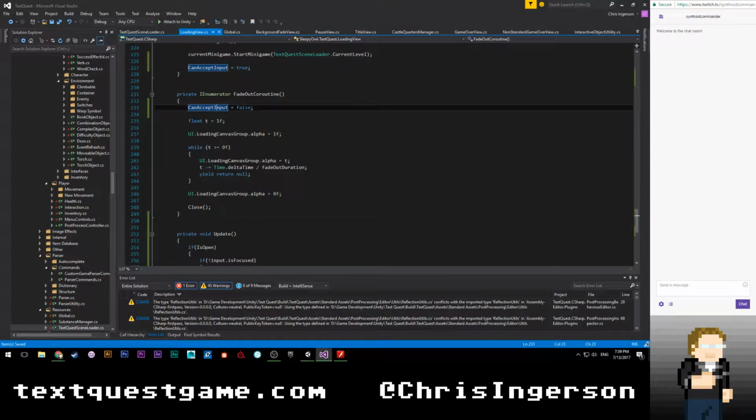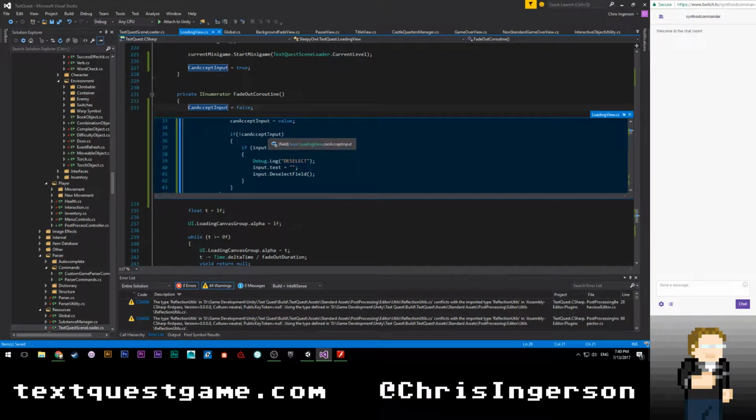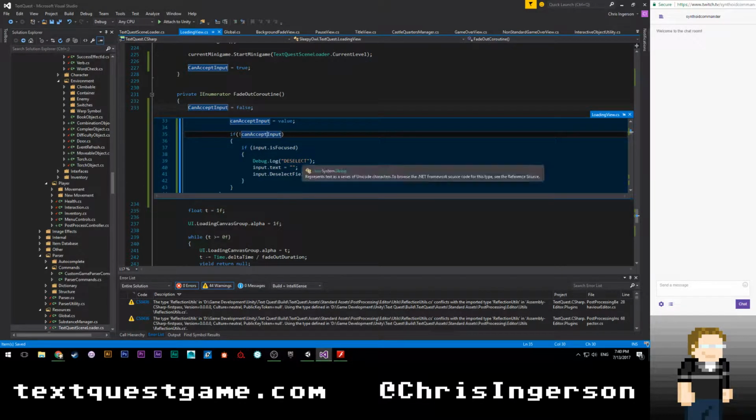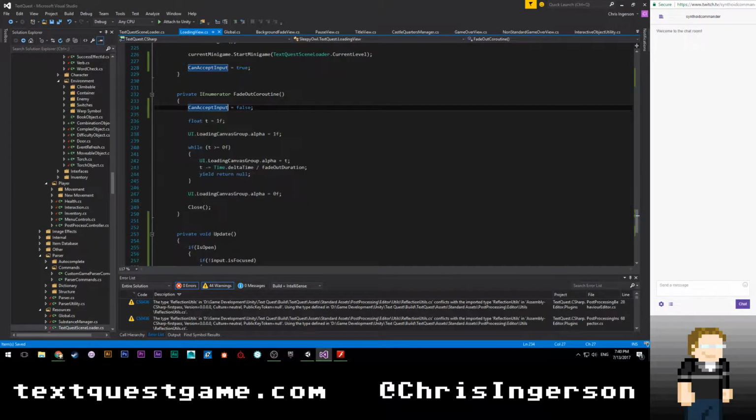Okay. Why didn't it happen? Let's peek this definition. If not, can accept input, which we've set to false. Oh, I bet the input isn't focused. That's what's happening. Okay. I got you. So let's do this, I guess. We'll just move this up to here. Clear out some of this, and let's let that happen. Let's see if that'll actually work.